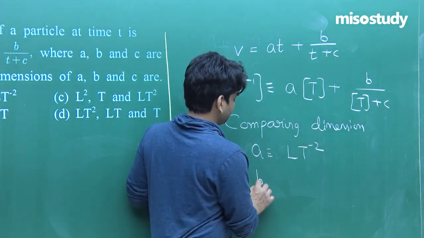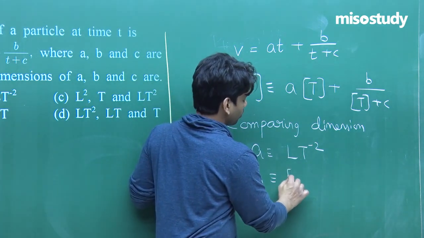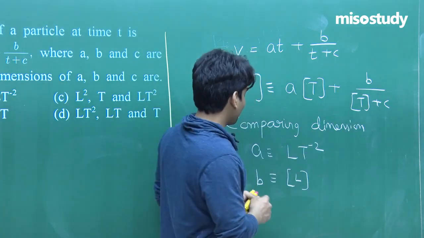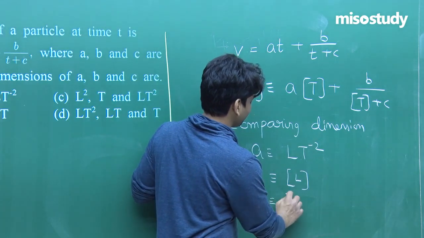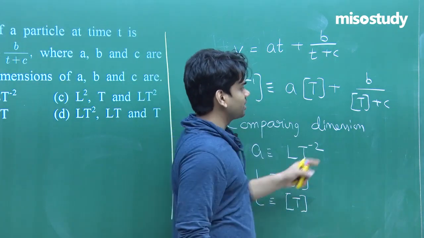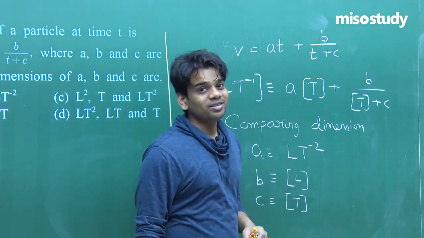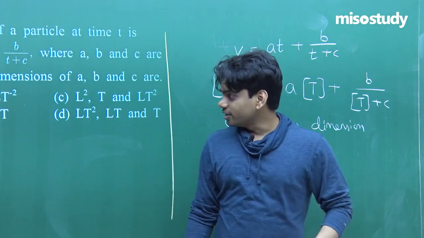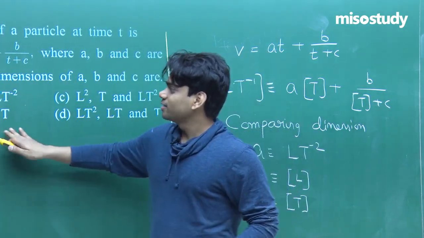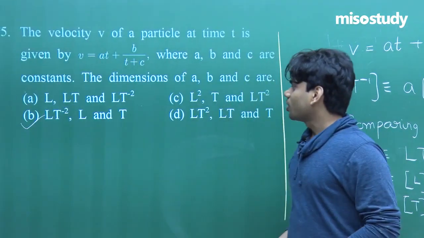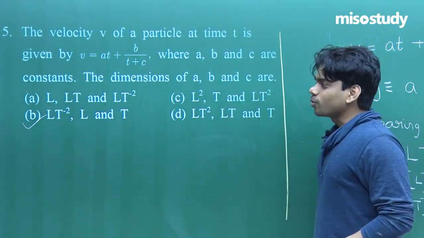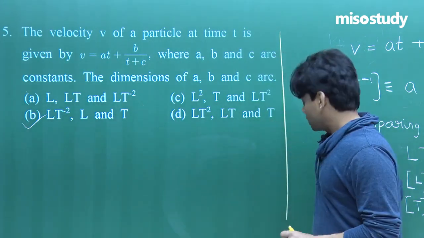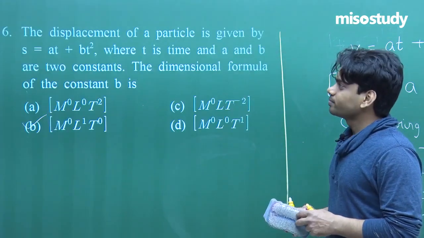Now for b, this will be only L, because in the numerator we will be having only L, in denominator already we have time. And for c, it's very straightforward, you can see only same dimensional things can be added. So t plus c, c will be having the same dimensions of time. So a is L t power minus 2, b is L, c is t. So we have the correct relation as option number B. This is the relation that we are finding as a true relation. So option number B is the right option. Hope that you would have understood how to solve such kind of question. Let's switch to the next question.